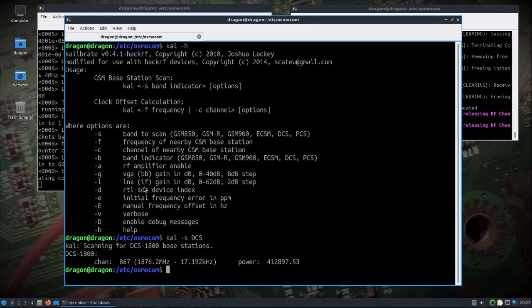Okay, so I let it run for a little while. Might not look like it's doing anything. You could put verbose and enable debug messages, and you'll see that it's scanning through all the channels and frequencies. So came back, found my base station here. I guess while I've got this going, I might as well show